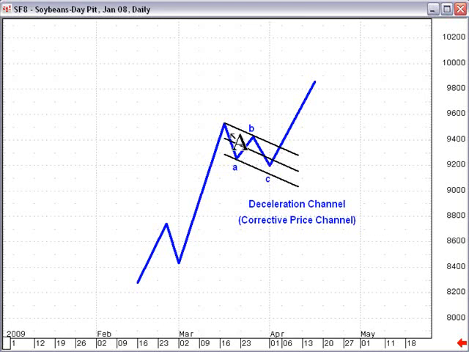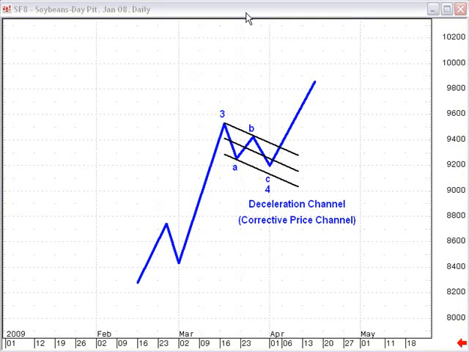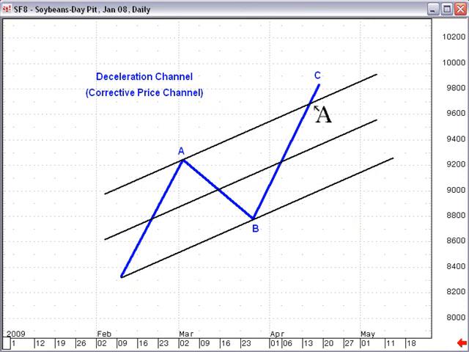As long as price action is contained by parallel lines, it is considered a counter trend or corrective move, and once complete will be more than fully retraced. So the way our wave structure is working here, this will be our wave 3, and here's our fourth wave. Just to reinforce, the corrective price channel tends to be contained by parallel lines. This is a minor throw over here at the top with regard to the upper boundary line, but if you have sustained price action, then with confidence you can no longer call this a wave C advance, but a wave 3